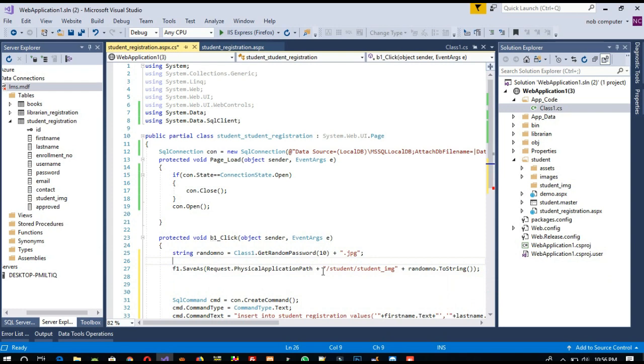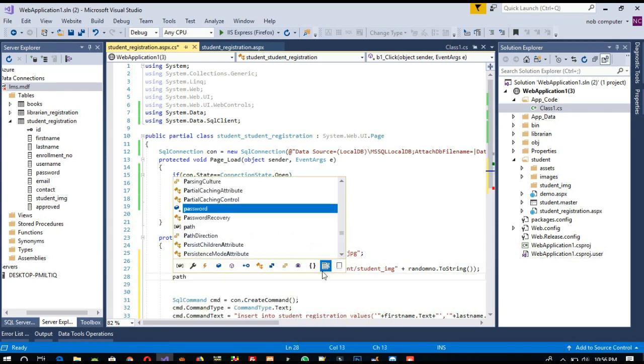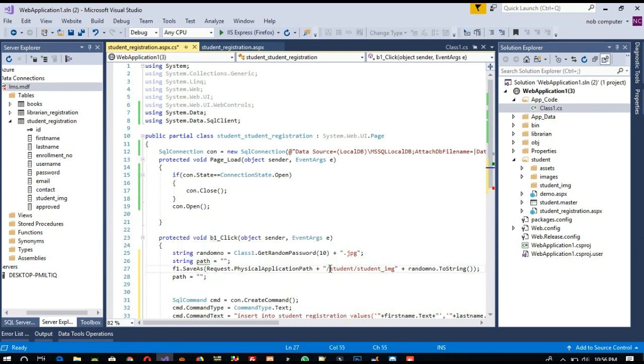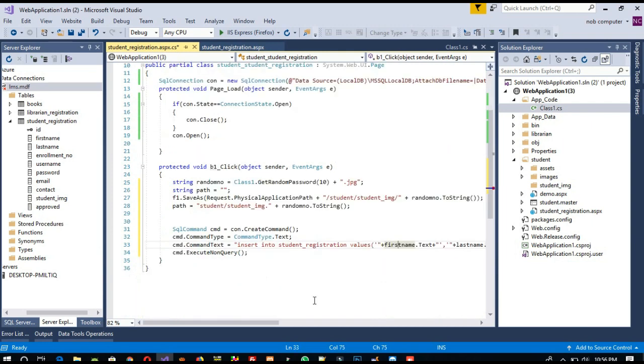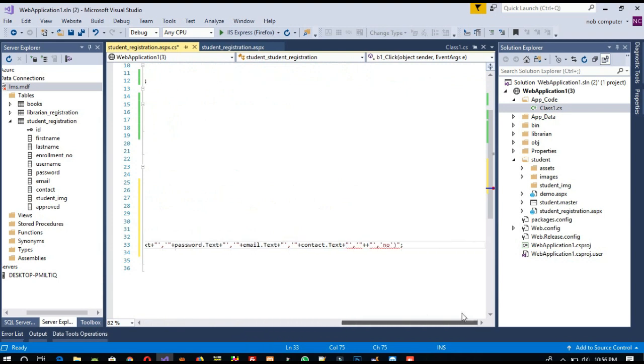Okay, now here string path. Now in path we are going to take the short path to save in the table, just copy, paste. Yeah, here we need a slash. Okay, so in the insert query we are going to set this path dot ToString,